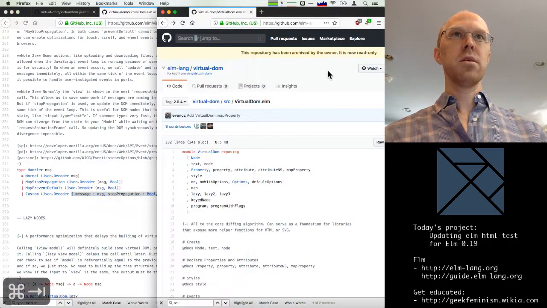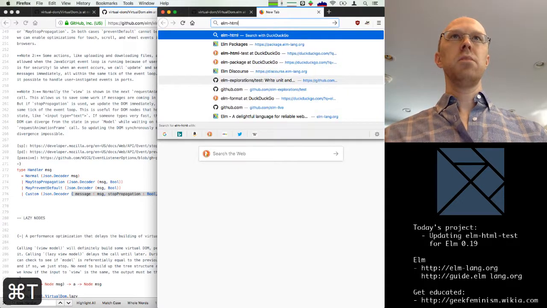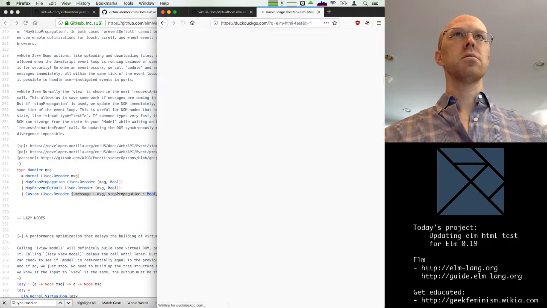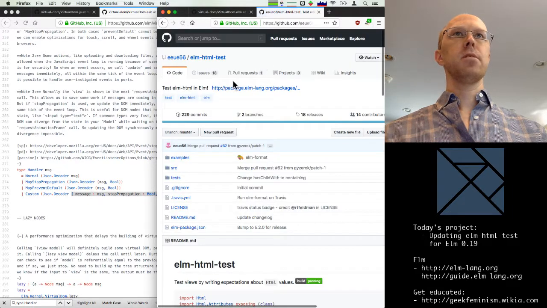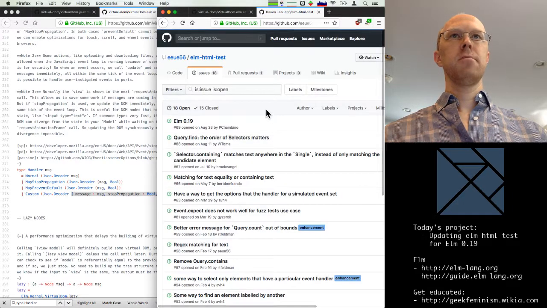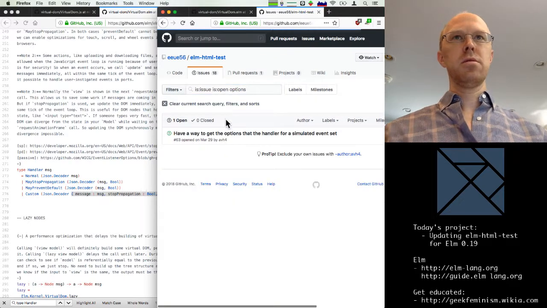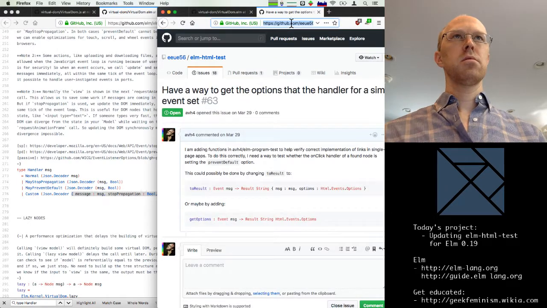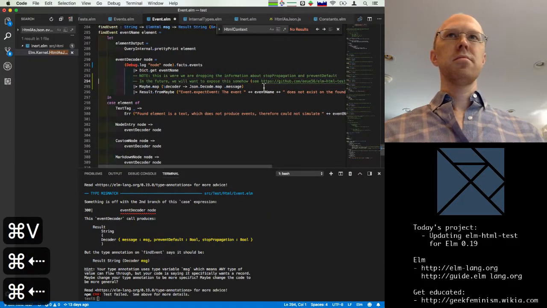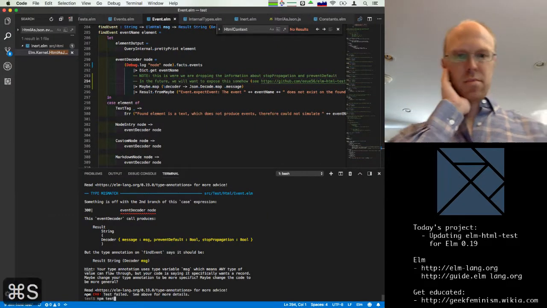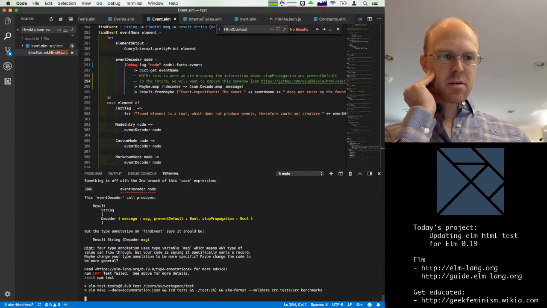And I guess we can link to this issue as well. elm-html-test. Here, and options. Okay, cool. I think that closes up the loop here.